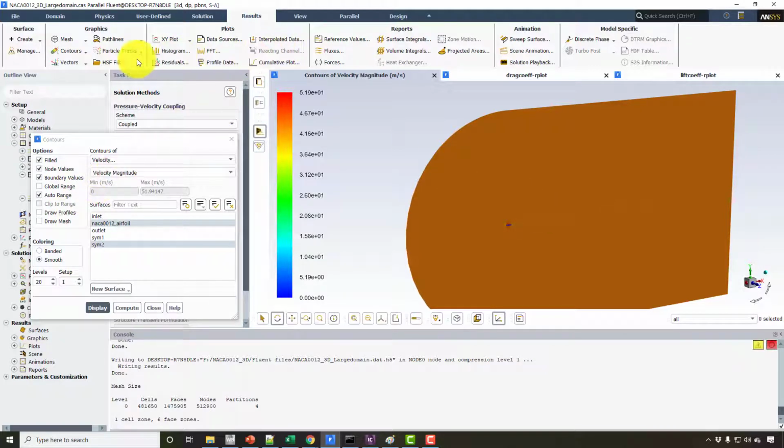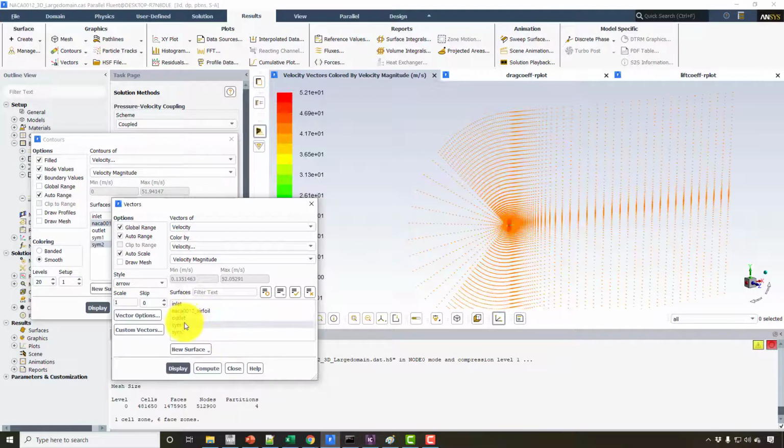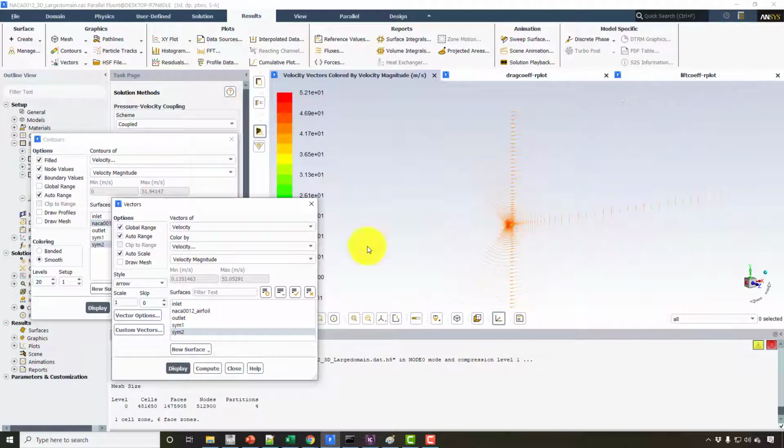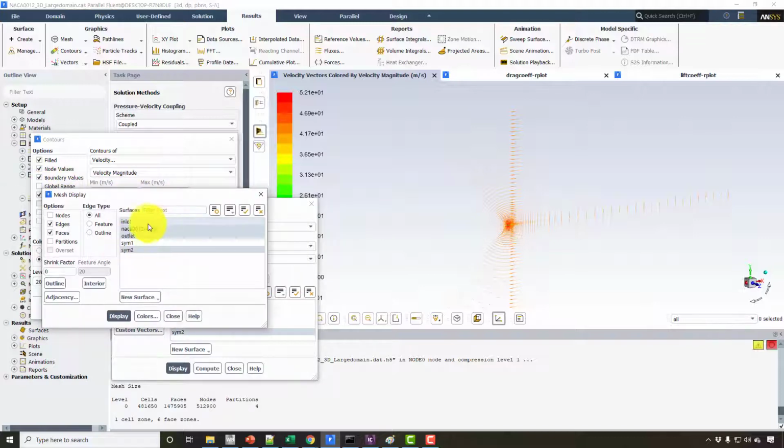And the next thing is that we can plot the vectors, and we can plot on the symmetry plane, and at the same time we can draw the mesh with the aerofoil and symmetry too.